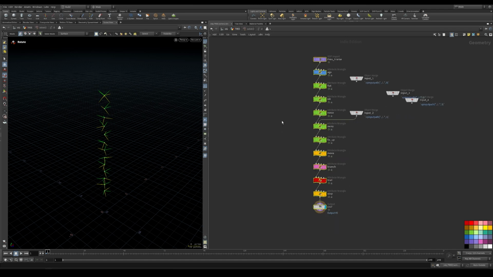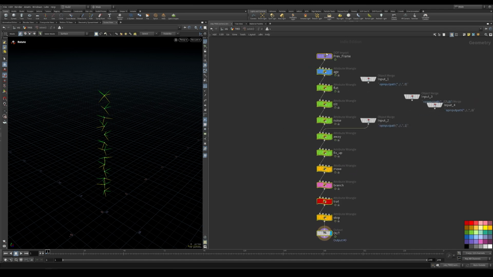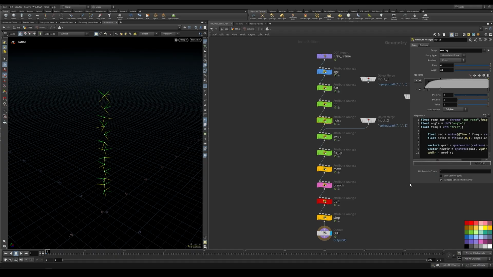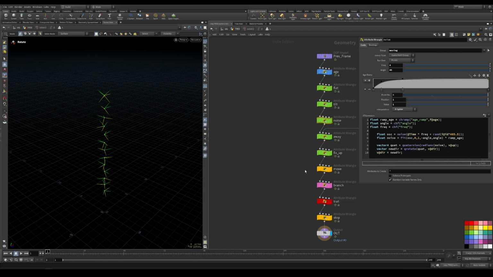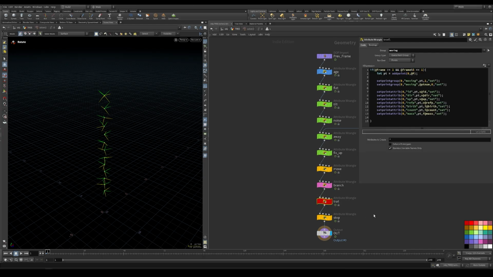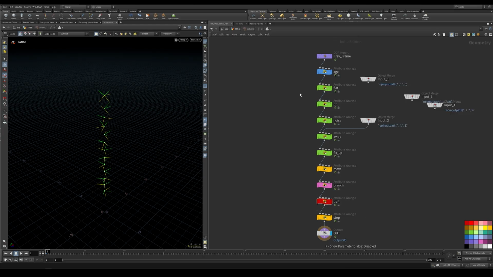And this is what the final solver will look like. Even if it might seem something really complicated, you can see that inside each wrangle there is not that much code. I decided to make it this way because basically each node will take care of something inside the setup. And despite this means that you have to carry some attributes over the different nodes, it will make